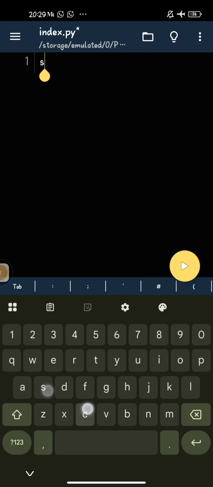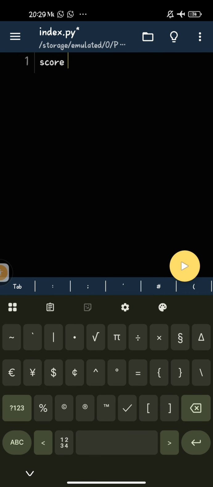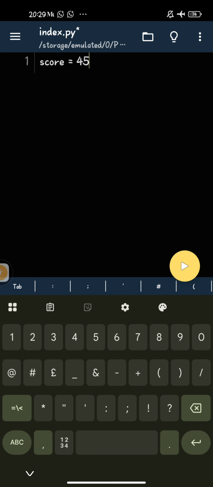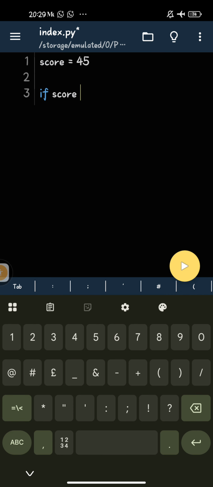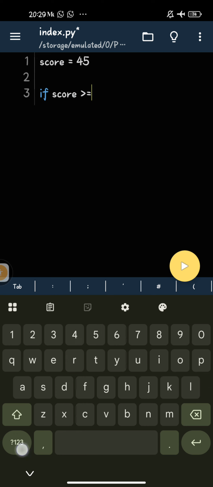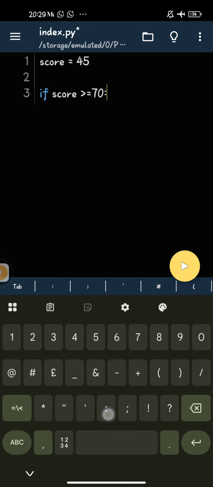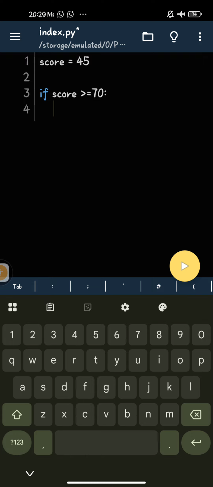Let's say someone wrote an exam and scored 45. The score is equal to 45. Then we are going to ask, if the score is greater than or equals to 70, you people should know, if someone scores 70 and above, what will be the grade of the person? A, right? Print